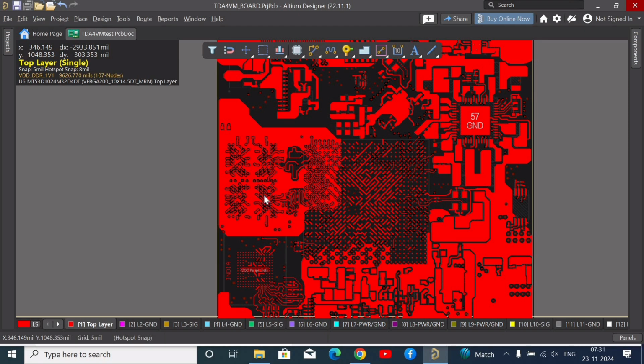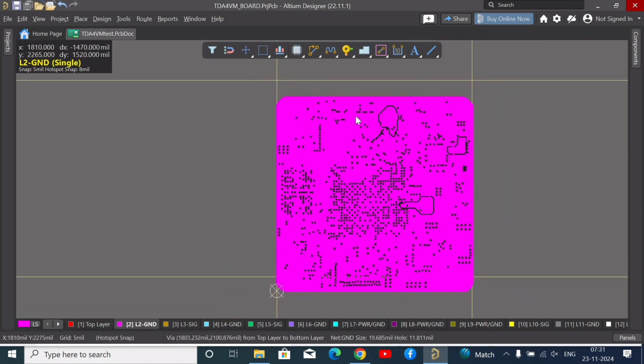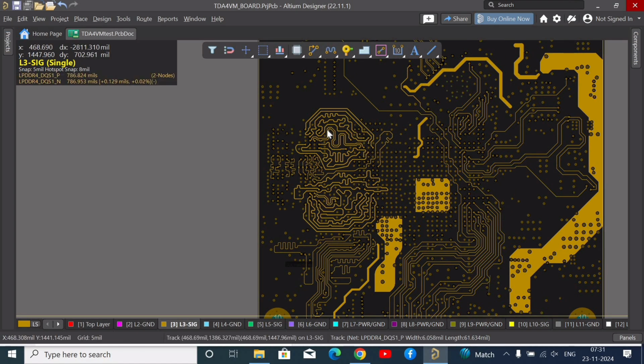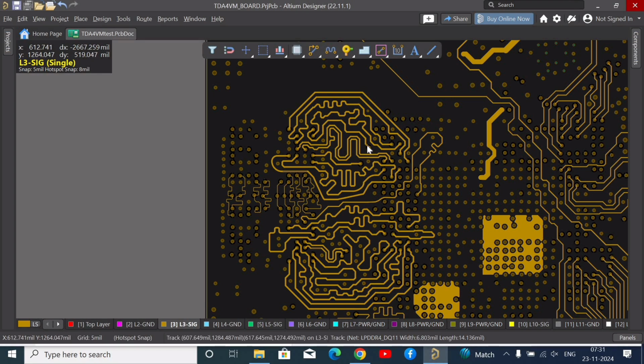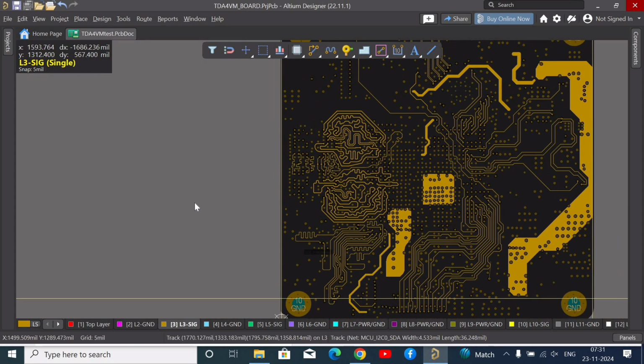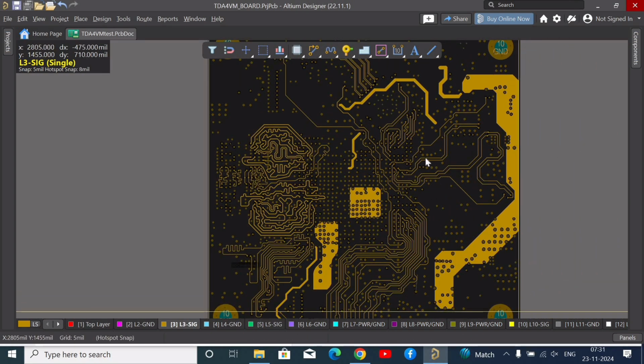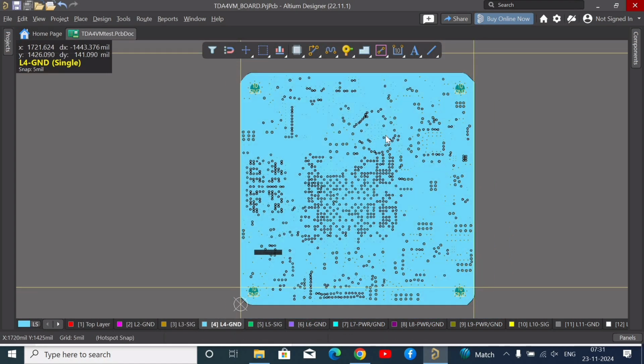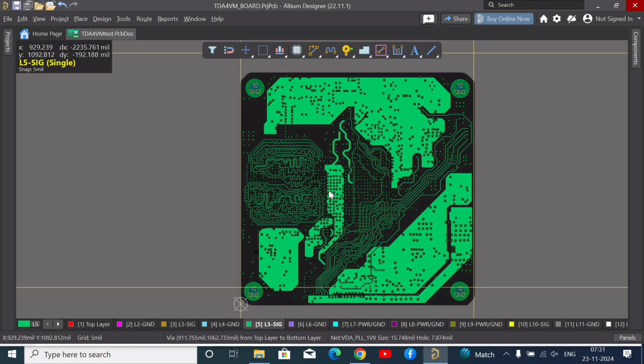So this is my solid ground plane. Here's my signal layer where I designed these data lines. And this is again a solid ground plane, and on this layer 5 I designed this